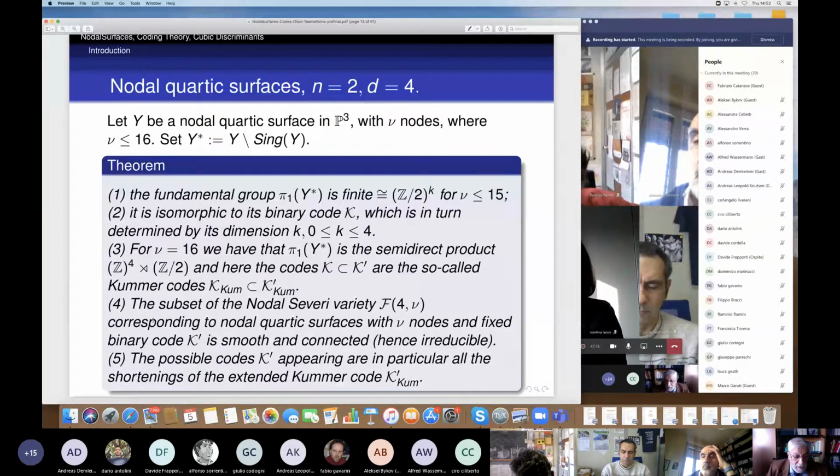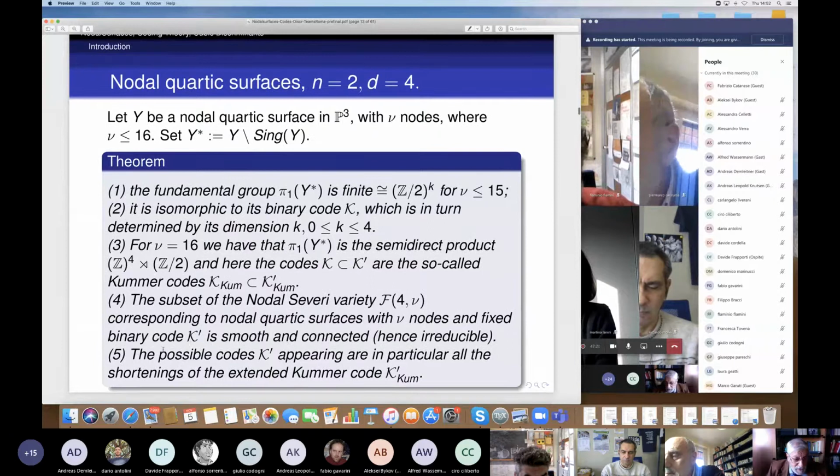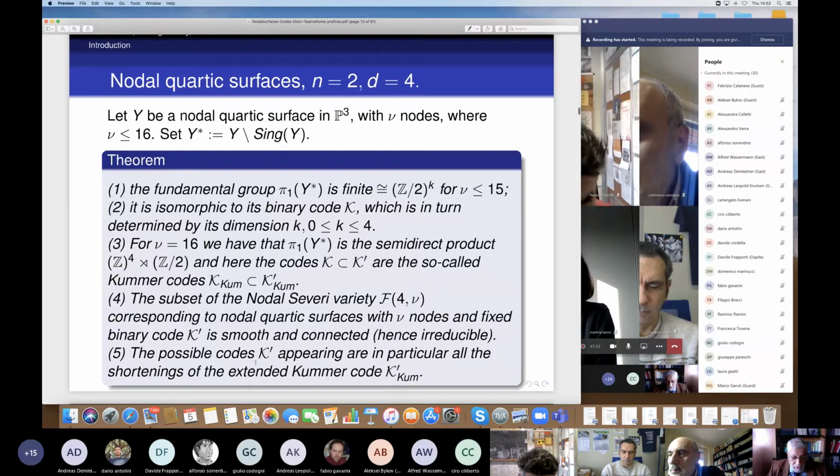Now, if you take the nodal Severi variety of quartics, you fix the number of nodes, and you fix the binary code K prime, this is smooth and connected. So the code determines this component. And we can completely classify the possible codes K prime. These are all the shortenings of the extended Kummer code K prime. I will explain what the shortening is. This is a very important, simple idea, which anyhow,